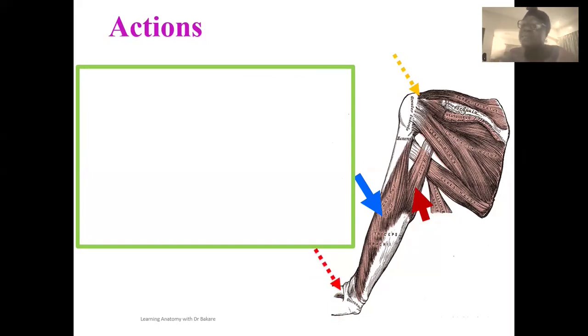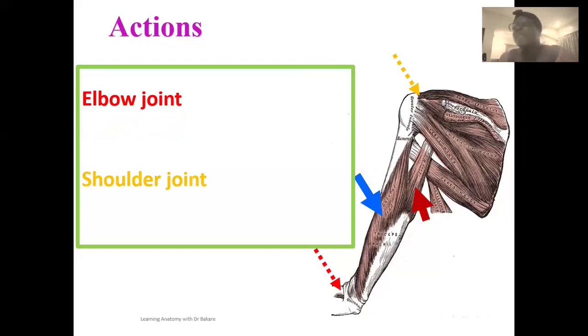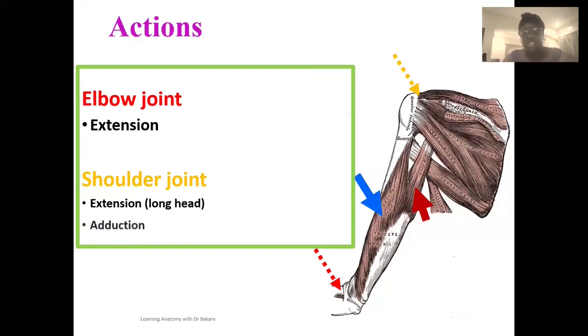And because the triceps brachii crosses over the shoulder and the elbow joint, they are seen to exert effect on these two joints. We've already highlighted in our previous lecture on the muscles of the arm that muscles that are seen to be crossing over specific joints will be exerting effects on them. So for the elbow joint, it is seen to be exerting extension over the elbow joint. When in the shoulder joint, it is also seen to exert extension over the shoulder joint. But specifically, it is the long head that will be exerting this effect. In contribution to the shoulder joint, we also have